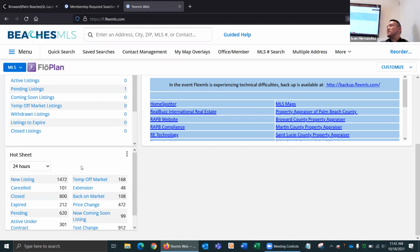Some people have told me, well, that requires me to log in to Flex. Isn't it easier to just get an email? Maybe look at it on your phone. So you guys tell me that you've set up subscriptions for other people, where you set them up on an automatic search and stuff like that. But what if you want to set up an automatic search for yourself? So if you go through quick search,